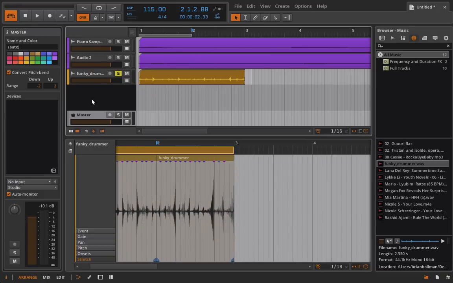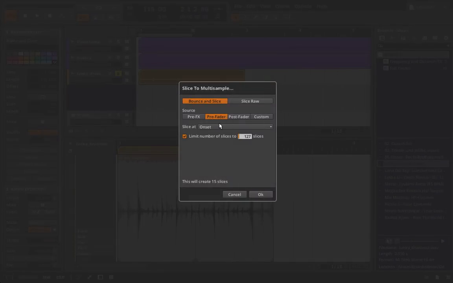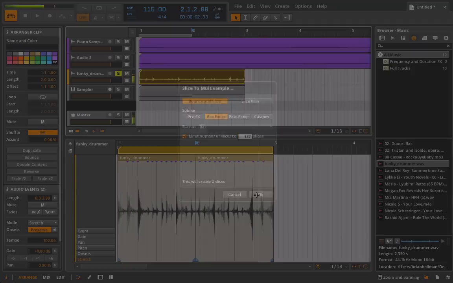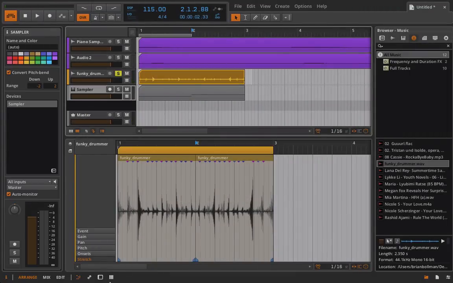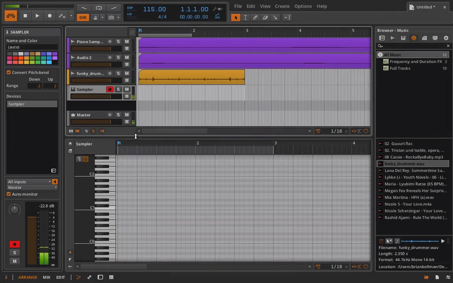So that kind of solves our problem, assuming that I have at least two slices that I'm going to be making. So I can right click this, slice to multi-sample, and I'm going to change this to bar so I just get two slices. I'll click OK, and I've created this sampler instrument. And so we can hear that like so, and if I play a C sharp one,